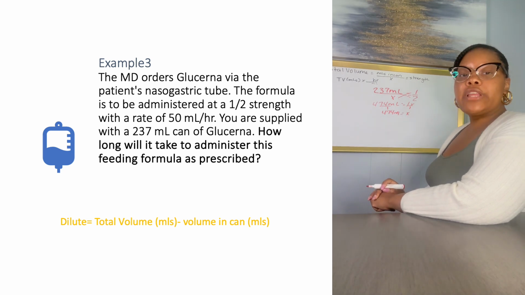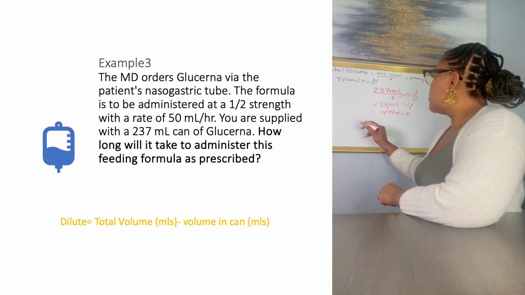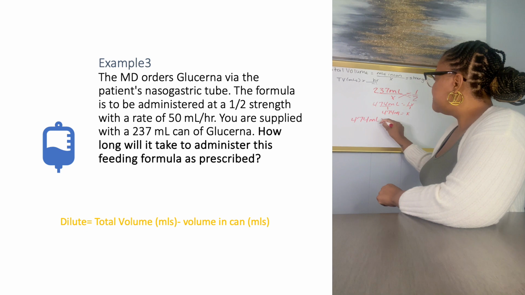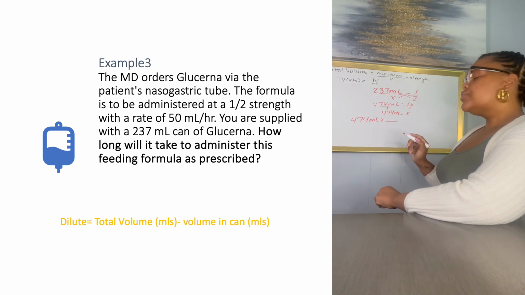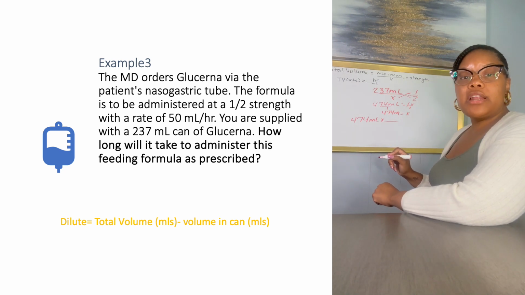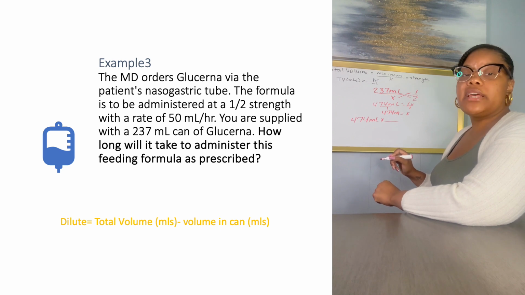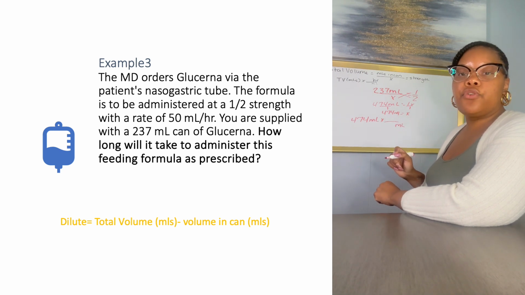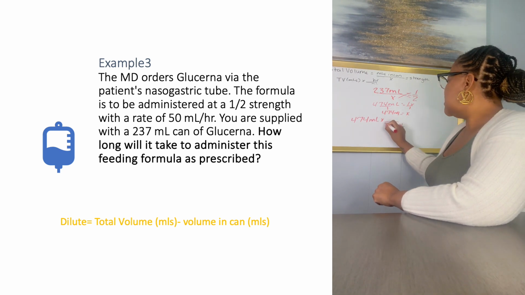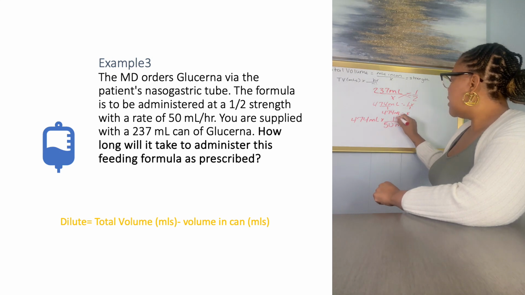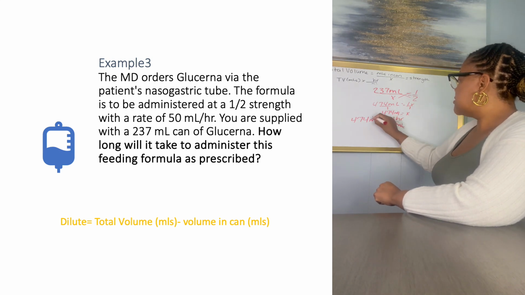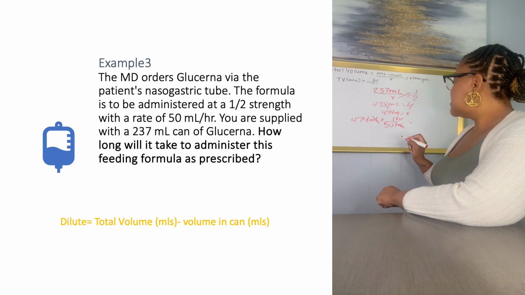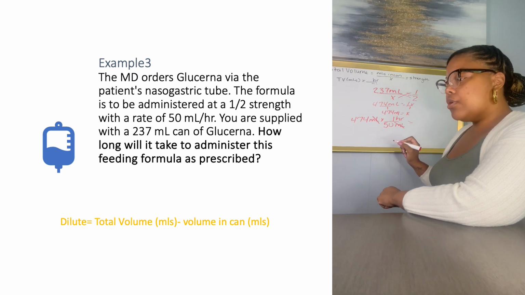All right, so now let's go a step further. So we're going to take our total volume, 474 mLs, and we're going to set it up. All right, so milliliters need to be on the bottom in order for milliliters to cancel out, and that's part of dimensional analysis, right? So what does the question say? The question, how many mLs over an hour? So it says it's 50, and we put 1 hour. So our milliliters cancel out. So we're going to divide 474 divided by 50, and we're going to get